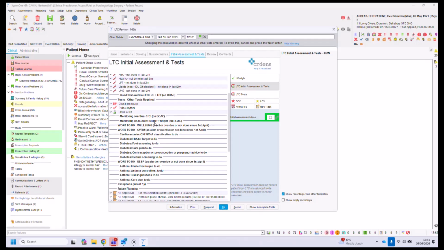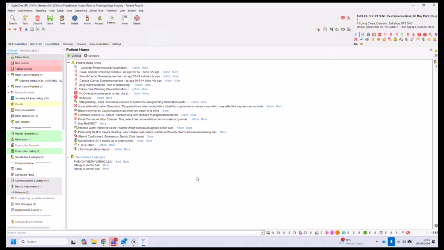And then once I'm happy, this is really important. I need to tick initial assessment done. If I tick that, it removes the patient from the invite reports. If I don't tick that, we'll just keep sending them an invite. So that is important. But the idea here is I've done the bloods, cleared all that information. Right, happy days. We'll be in contact when the bloods come back, or however you work, but that's essentially what's happening here. So I'd save the record, patient goes home, and then what happens then is,